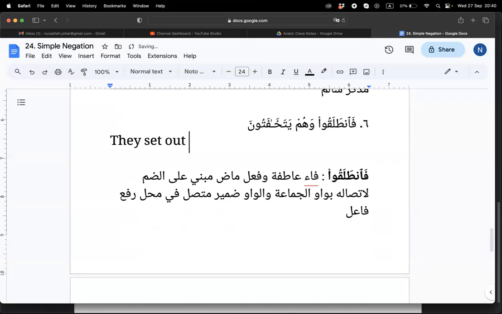Is it actually a Malay word or an Arabic word? Arabic word. Oh, Arabic. Most Malay words are Arabic words. If not Arabic, Sanskrit. Yes. Okay. So they set out while they were,